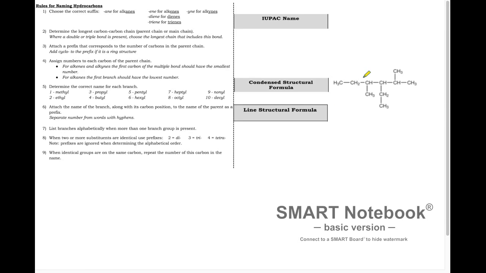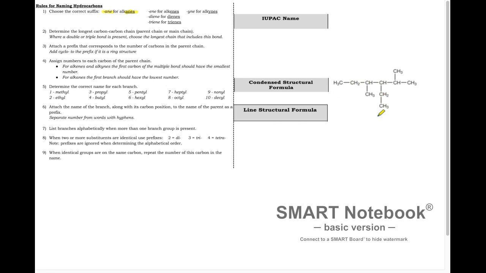For our next example, we're given the condensed structural formula. Since we're only dealing with single bonds, we're going to have the suffix for the parent chain as ane for our alkane. Now we have to determine the longest carbon-carbon chain. There are different possibilities because we can go 1, 2, 3, 4, 5, 6, so 6 carbons, versus 1, 2, 3, 4, that's too short, or 1, 2,